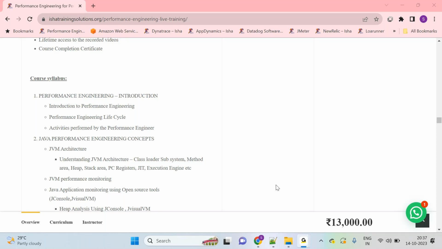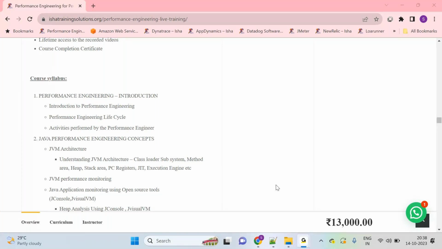Okay. And if you are telling a general information to an application developer, what will he say? Lakhs and lakhs of lines of code I am having, or at least I'm saying thousands and thousands of lines of code that I'm having. And if you are giving me a general information that there is a problem, where will I go and fix the problem? That is the usual response you will be getting from the application developer.